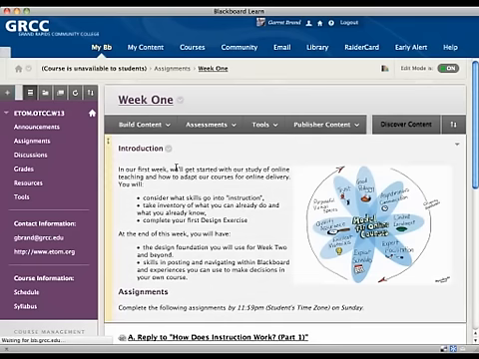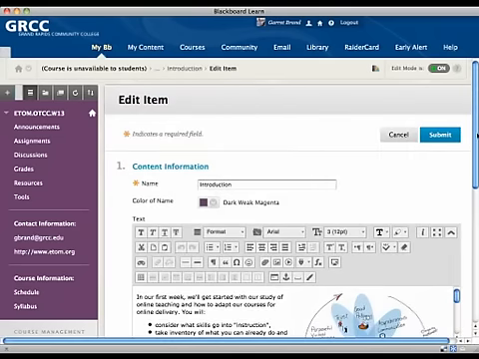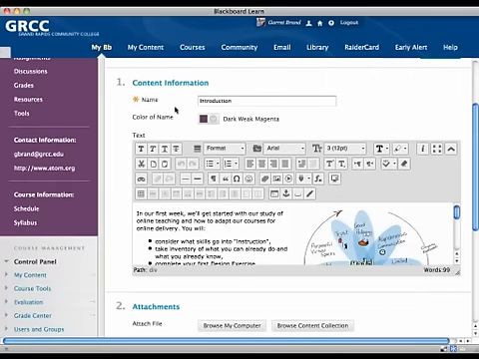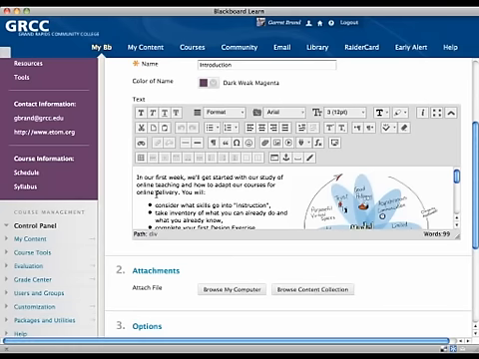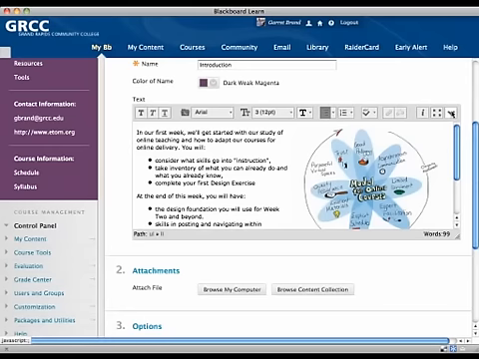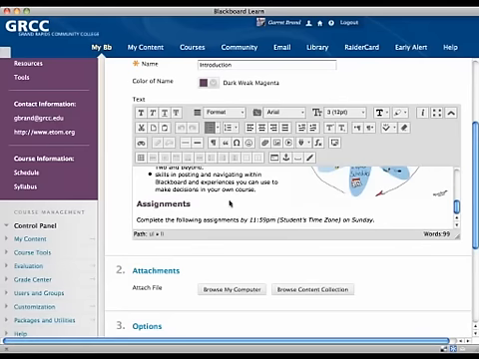I'm going to edit this item, and you can see it's fairly simple. Put my name in there, change the font color, added some text, used the bullets. Now sometimes this button bar here might be collapsed so you don't see all the formatting options. So if you want to, you can expand it. So I put the bullets in,